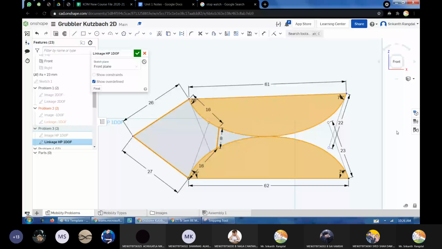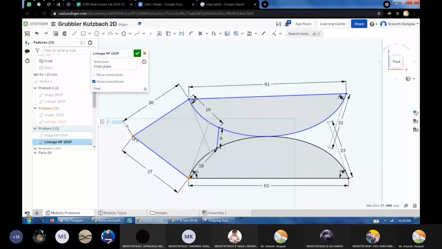Okay, so next, let us proceed to count the number of binary joints. Now, what is the definition of a binary joint? Binary joint is where 2 links are getting connected. So this link and this D-shaped link are getting connected here. So this is our first binary joint. Apply the same principle for the others. This link and this link are getting joined here. 2 links are joined here, so this is another binary joint.